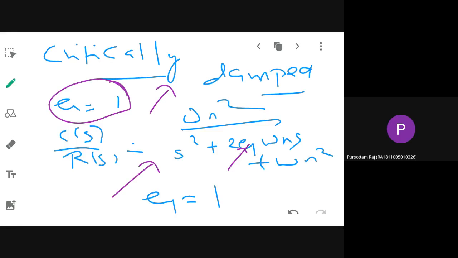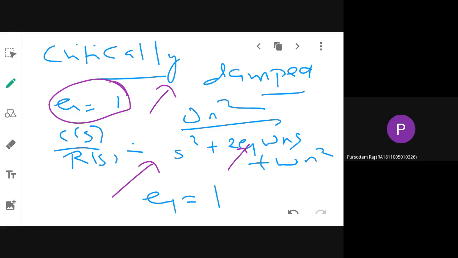Ma'am, background noise is coming, ma'am. Don't care about the background noise. I have given you some work. I have told you the procedure, how to proceed. You proceed in your own way and you be ready for whatever questions I am giving you. Just substitute zeta is equal to 1, then what will be the answer that you will be getting?